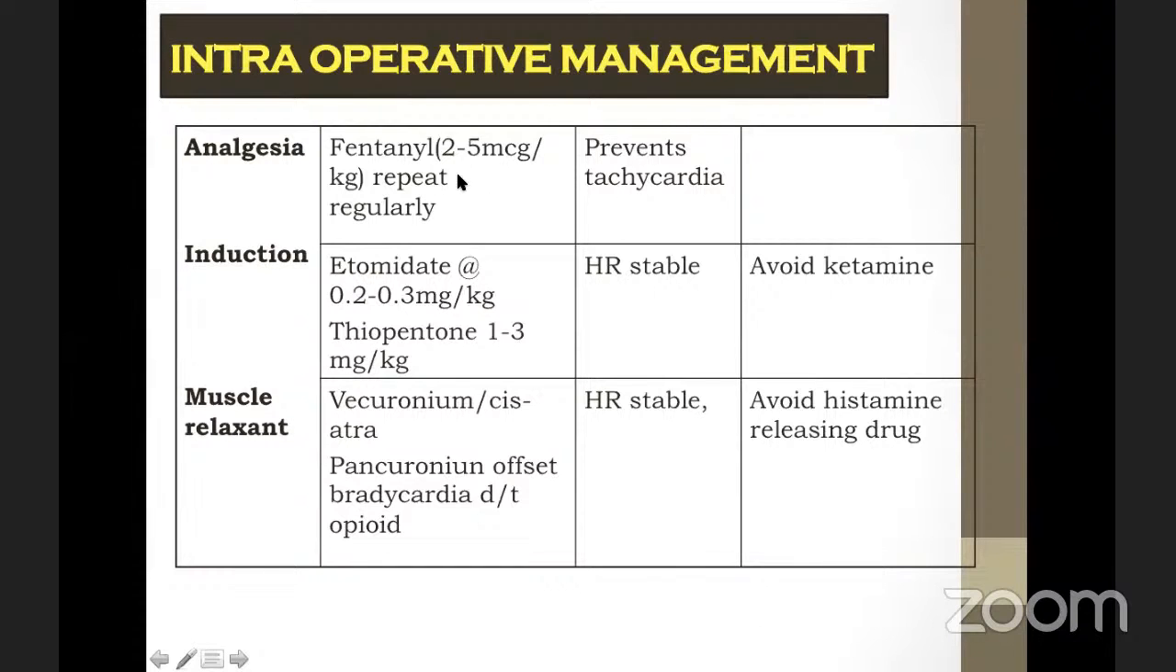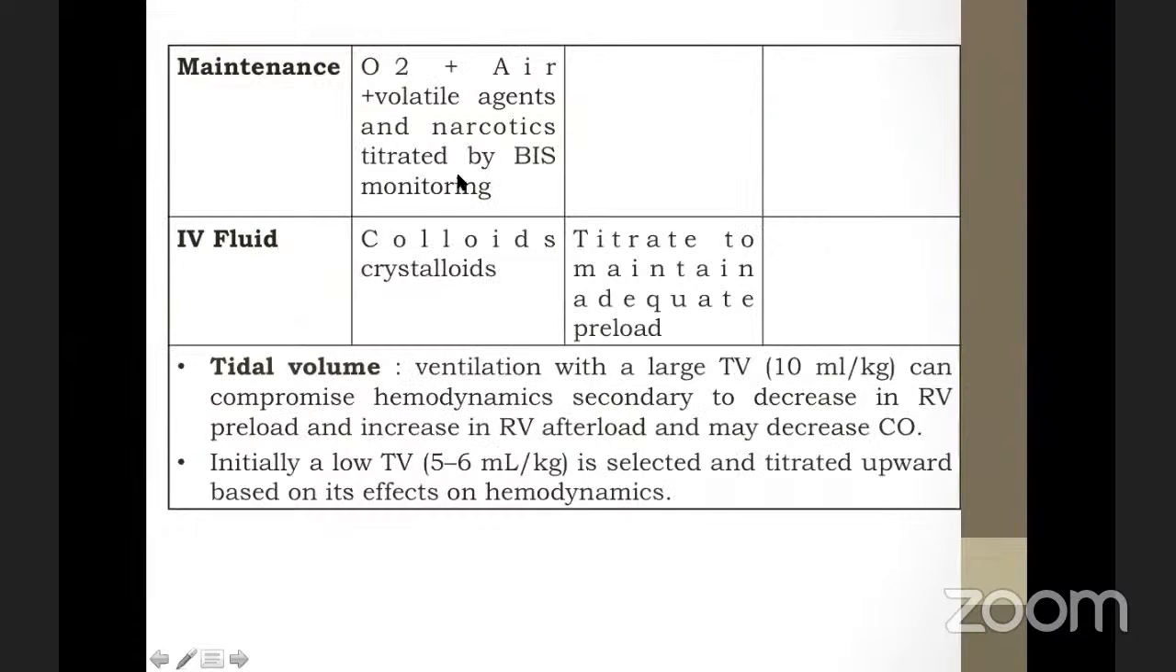And maintain with oxygen, air, any volatile agent with narcotic, titrate with the BIS monitoring. Again, fluid you have to be careful, and maintain the adequate preload. Tidal volume, again, start with 5 to 6 ml per kg, which I also preferred, a low tidal volume. Because ventilating the patient with a large tidal volume, some prefer 10 ml per kg, but this can compromise the hemodynamic,